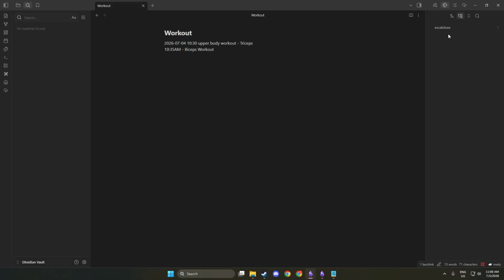You now have the tools to navigate your vault more effectively. Remember, tags are more than just labels. They are a way to structure your thoughts and ideas. By following these steps, you are well on your way to mastering your note-taking with Obsidian.